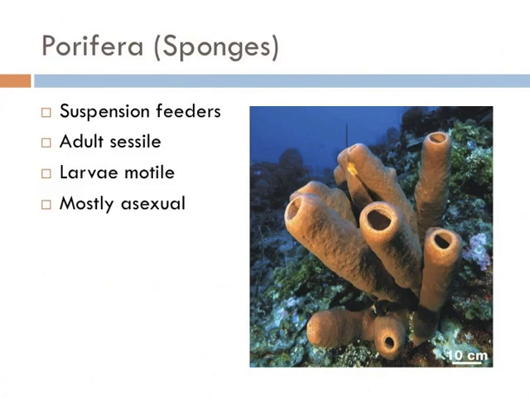The remainder of these slides are a survey of the most primitive animal groups. The Porifera are also known as sponges and are the most primitive animal group that we know of. They're suspension feeders and reproduce almost completely asexually. Larvae are able to move around to find open substrates to grow, but much like a plant, once they begin to grow, they're committed to growing in a single location.